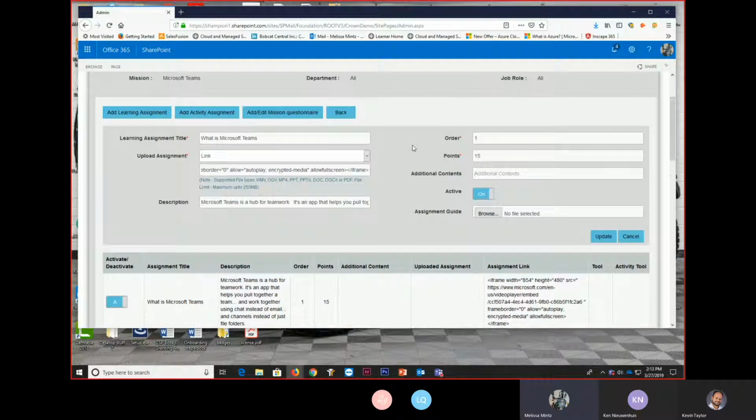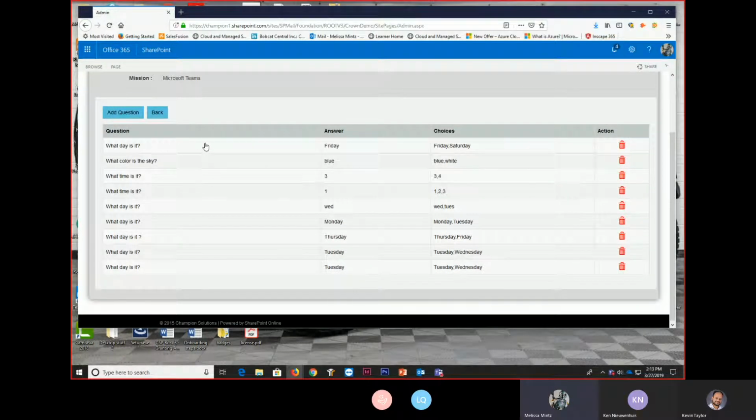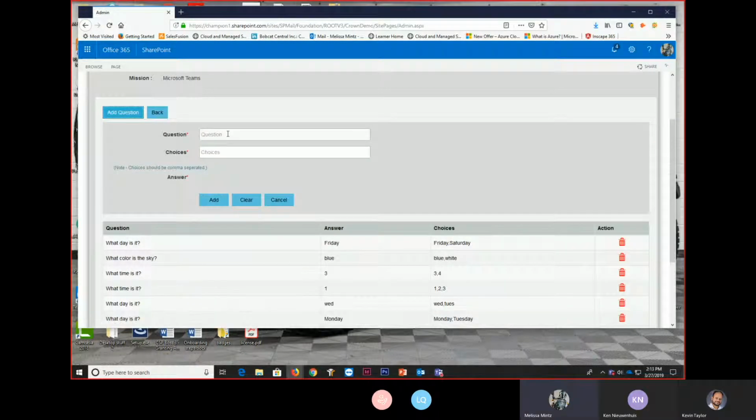Also from this screen, you can add a questionnaire. So if I click on that, you can see that whoever's taking this particular assignment would have to answer these questions in order to complete the mission and assignments. Really simple to add a question. So you could just type in whatever the question may be,